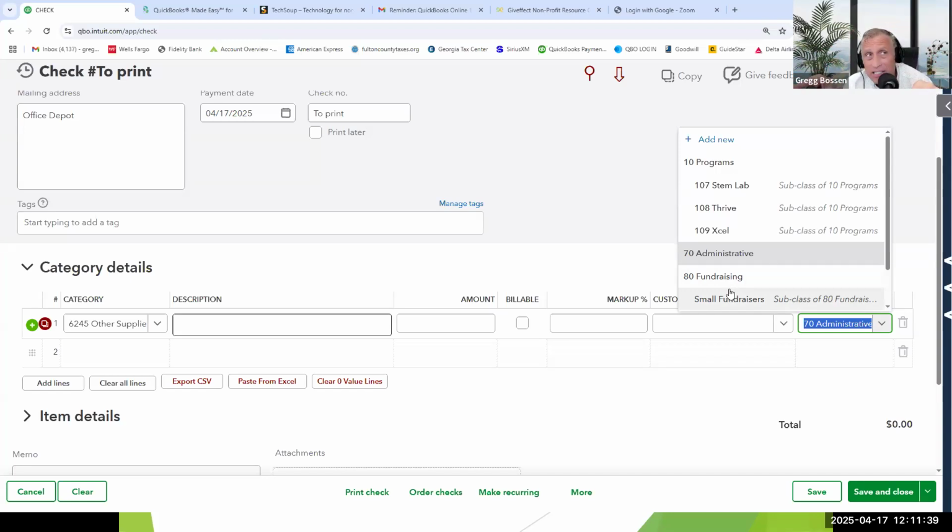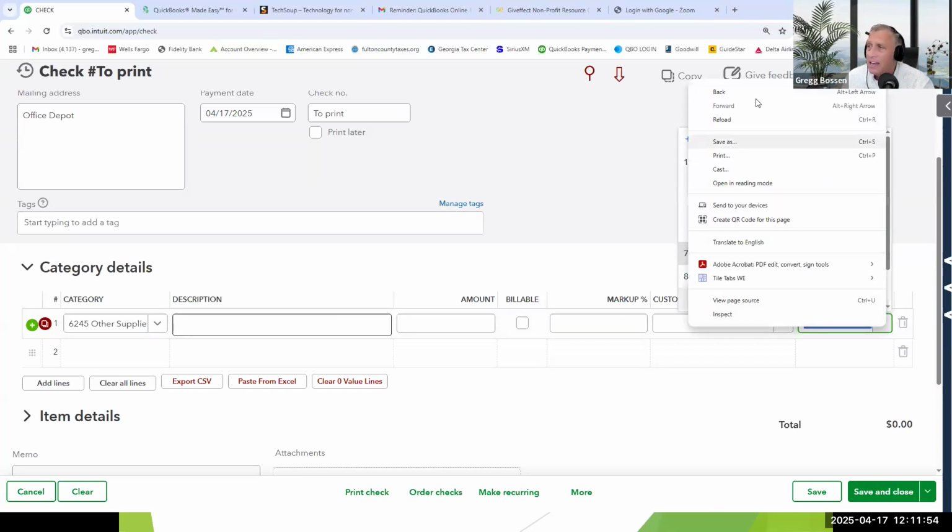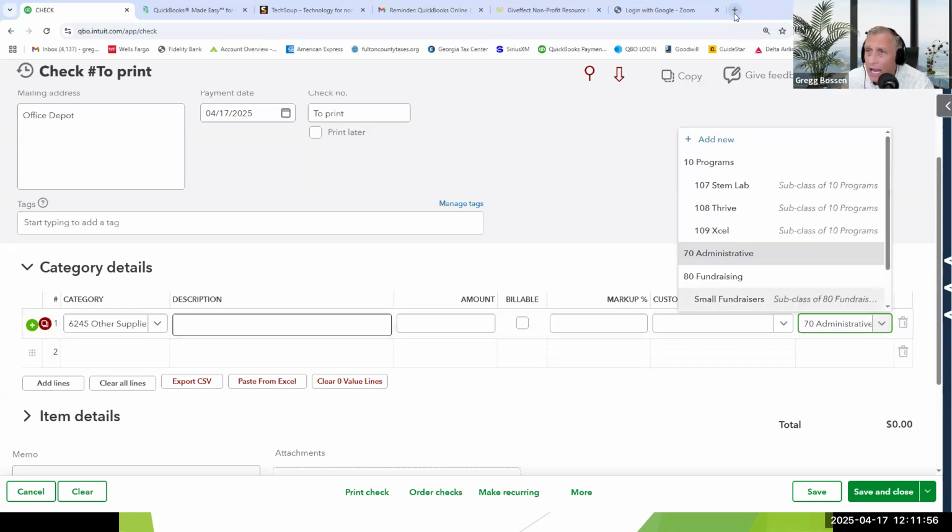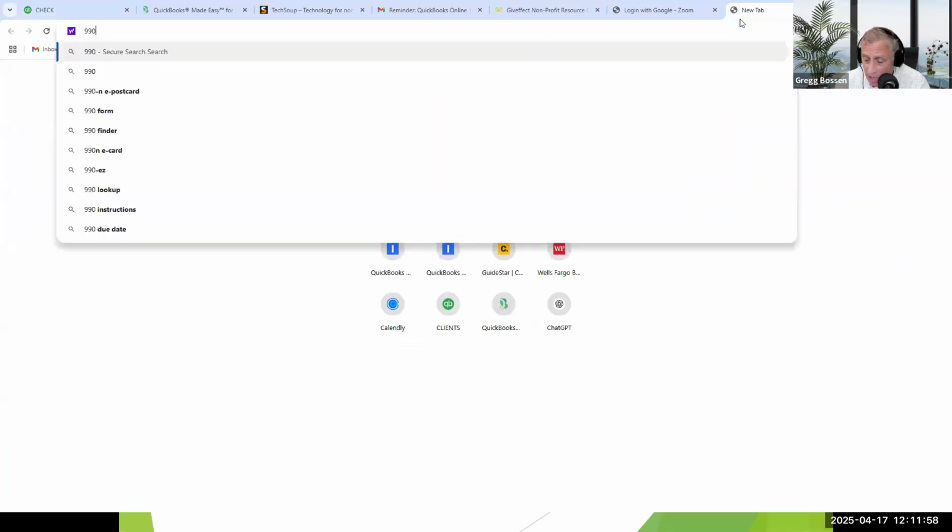Is it supplies for fundraising? Is it the software for your CRM for fundraising? So I need to know the what and the why. Okay? This is the what and this is the why. All right. And so that's why when you go to a 990, and I know there's a third thing